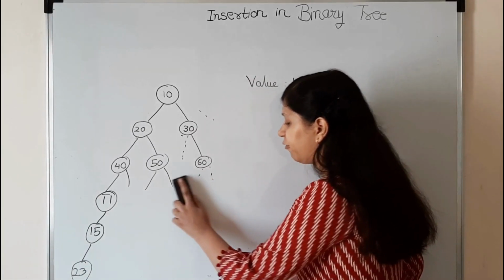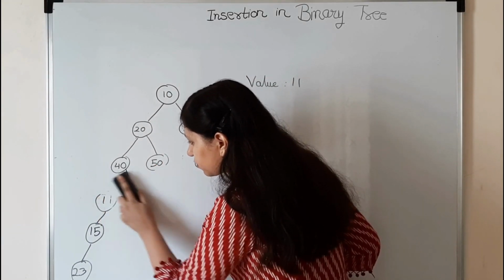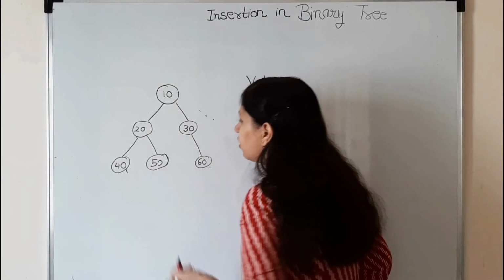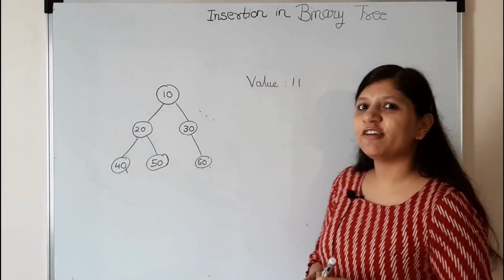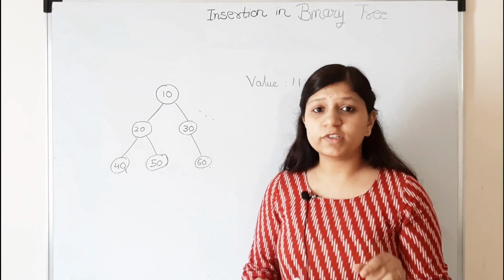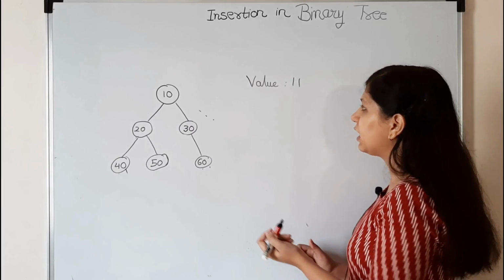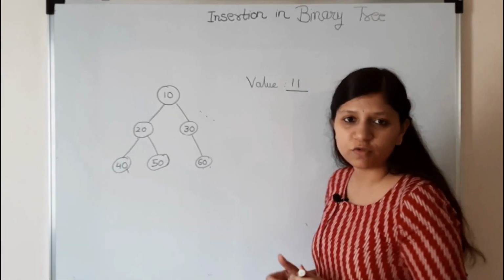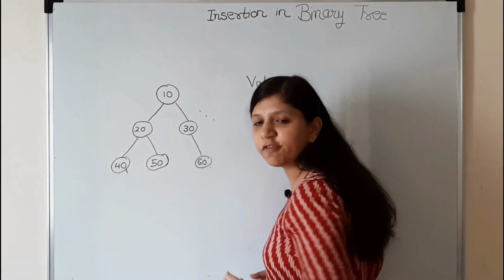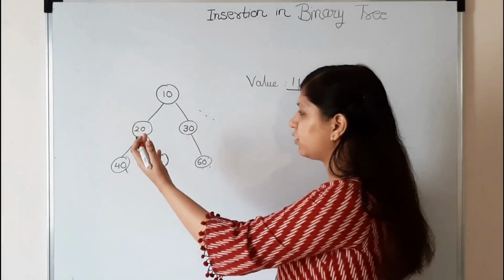Now there could be one approach where you will get a more balanced tree. So this is your tree currently. What about if we do the level order traversal and the very first node you get, which has less than 2 children, you insert this new node there. Let's see what I am saying. Suppose you need to insert the node with value 11. So you create a new node and you start the traversal from 10. So it has got already 2 children, we cannot insert it here.